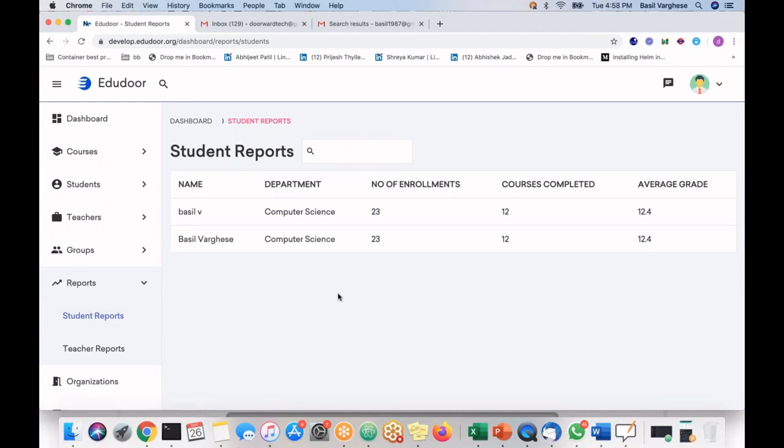We keep on adding lots of features in the reports. We are actually tracking every student activity. Even if they are reading a page for 5 minutes, we will mention how much time they spent on the page. That also we are going to track, and we are going to create an automated story about